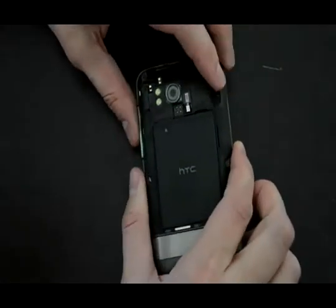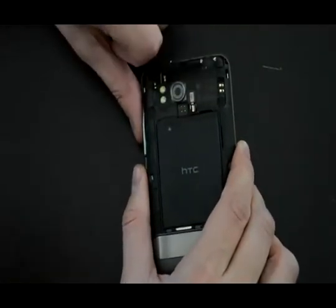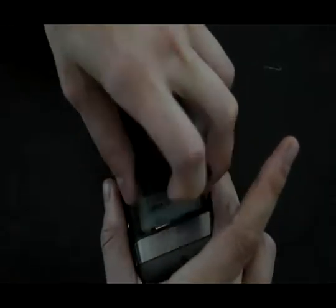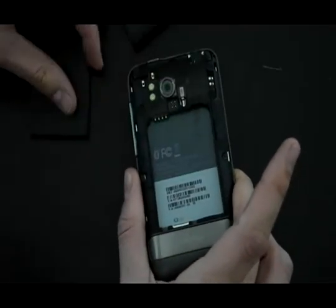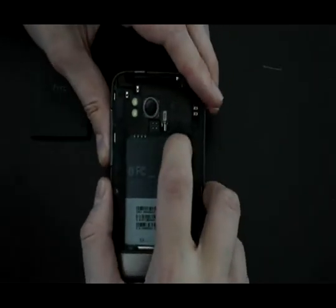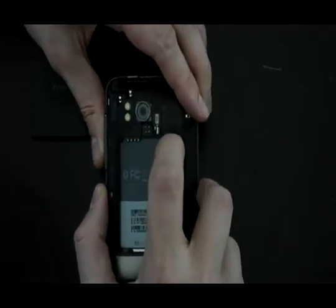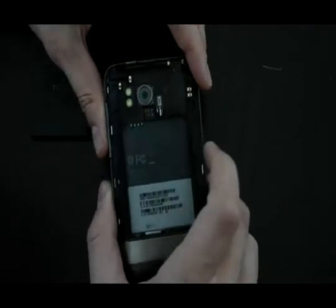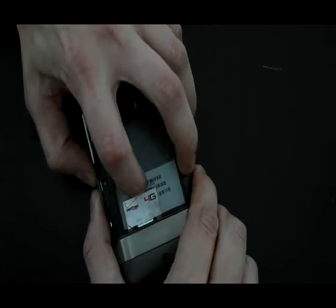The clever things here, the vibrate motor is exposed, and you can actually see it rotate when you do the haptic feedback. We'll pull the battery out here, and we will show you that the micro SD card is up here. It is a nice big 32 gigabyte whopper of a card, and then the SIM card for LTE is